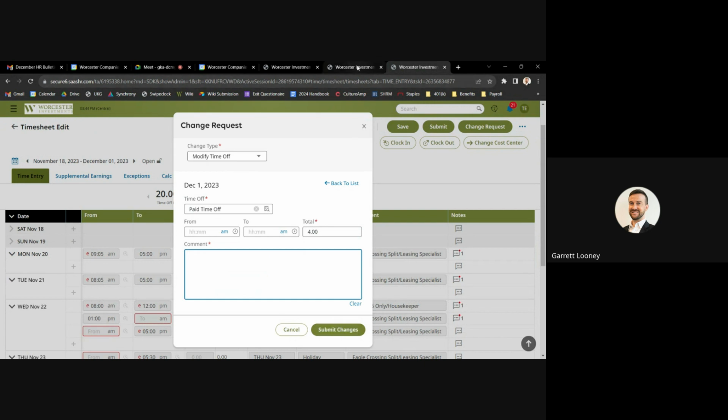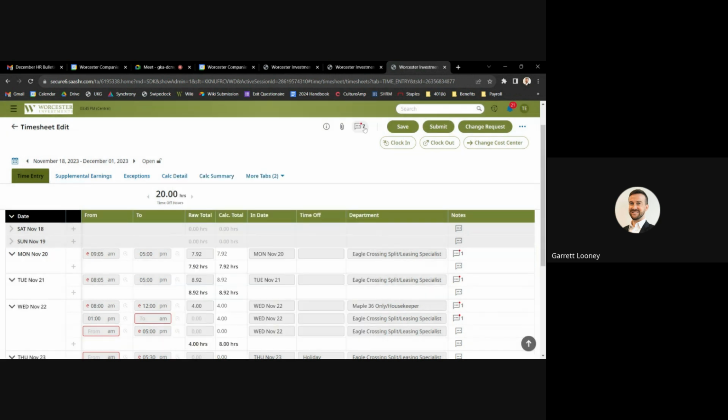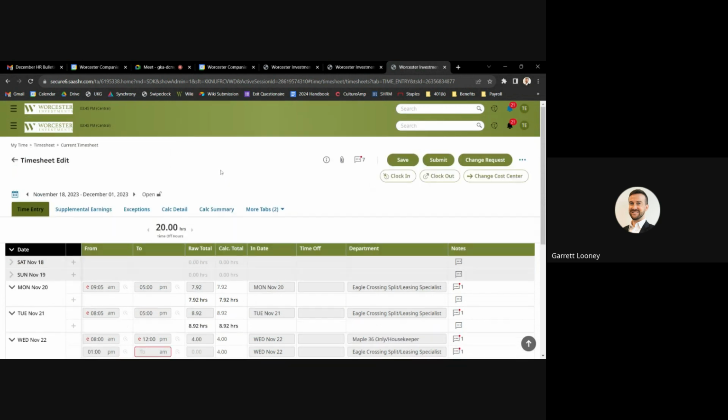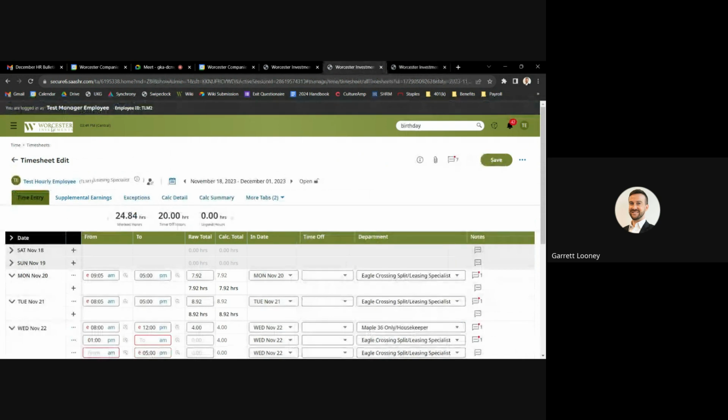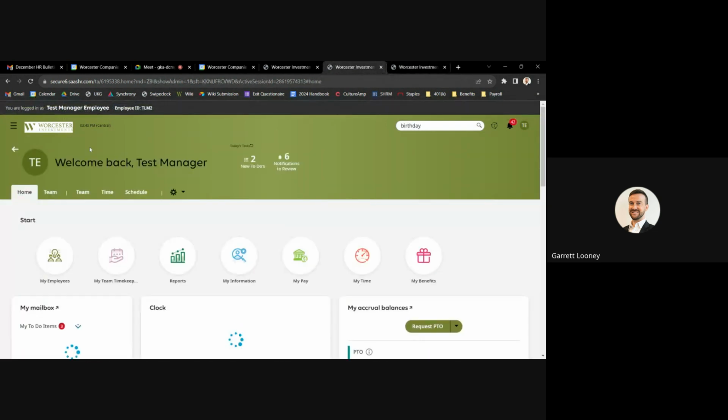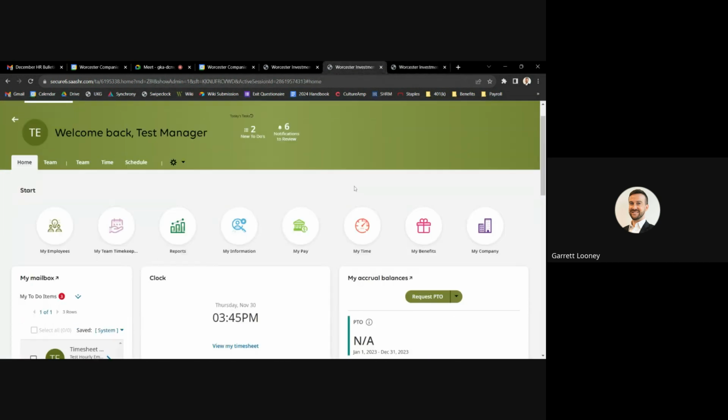And then just like with timesheets, you're going to get that approval or notification, and then you can come in and review it and approve it that way. So there's a couple ways of doing it. So, questions on that? Okay. All right. So let's go back here to the manager portal, and I want to show you time off,